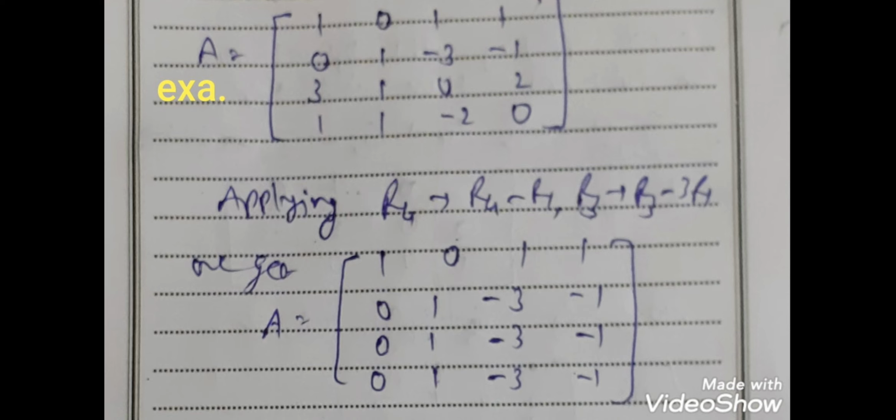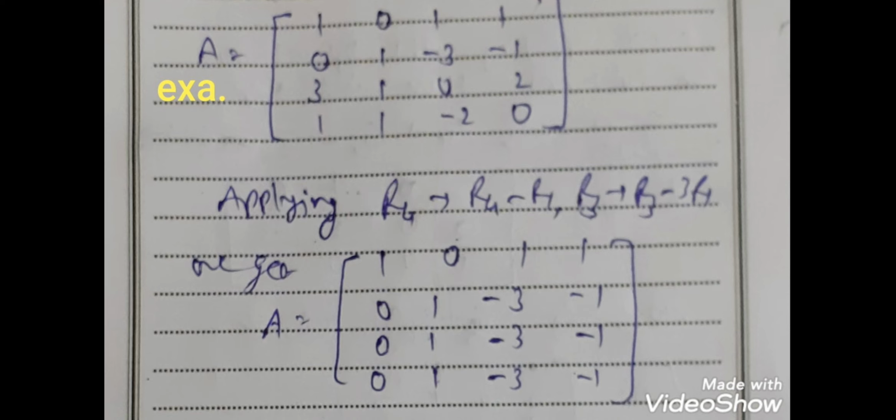Now third element of first row is 1, third element of third row is 0. If we multiply by minus 3 and add in 0, then third element of third row is minus 3. If we multiply the 1 by minus 1 and add in the third element of the fourth row, then minus 2 minus 1 is minus 3, and then same for the fourth column, means here 1 multiplied by minus 3 added into 2, so minus 3 plus 2 is minus 1, and multiply by minus 1 and add into 0, then it is minus 1, means second, third and fourth row have the elements 0, 1, minus 3 and minus 1.